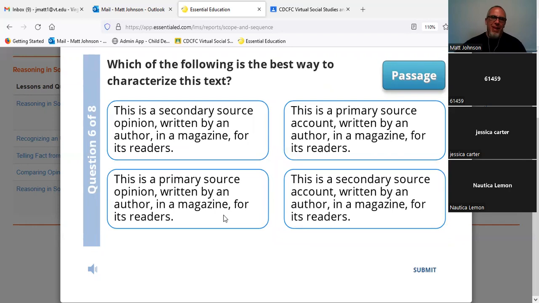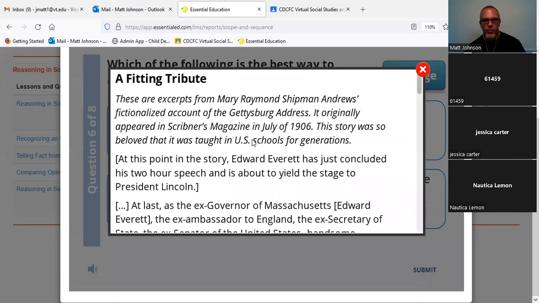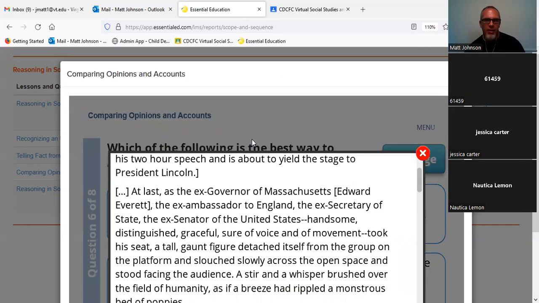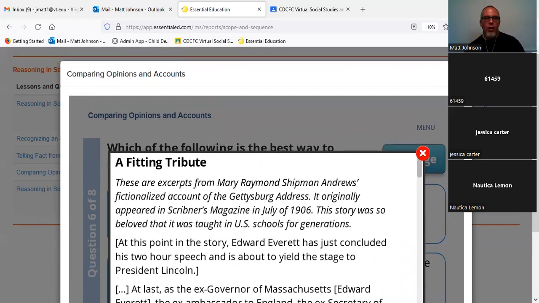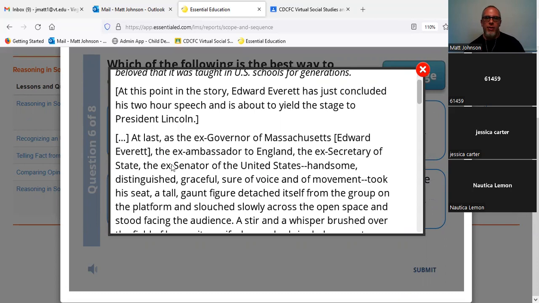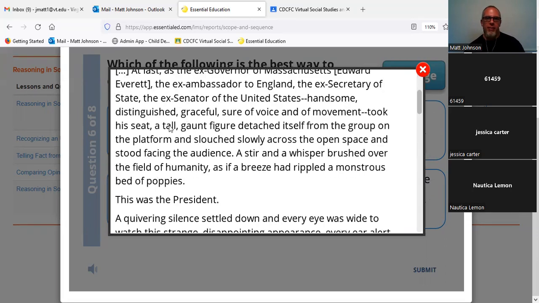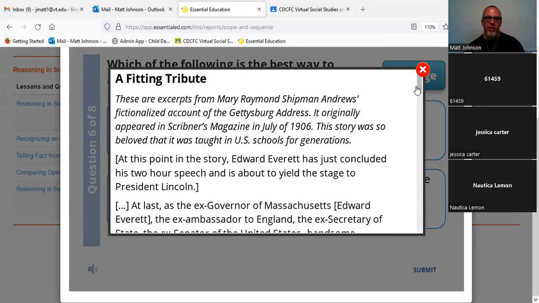And which of the following is the best way to characterize this text? So we won't go through, well, that's the same one again, isn't it? Yeah. I thought there was a different passage here at the end. Anyway. Oh, no. These are excerpts from Mary Shipman's fictionalized account. So here at last, the ex-governor of Massachusetts. So basically a recreation